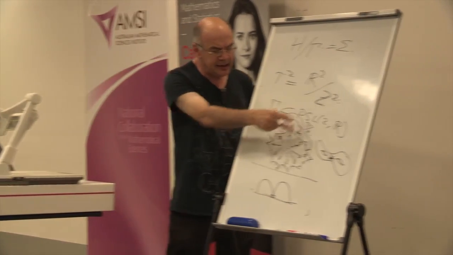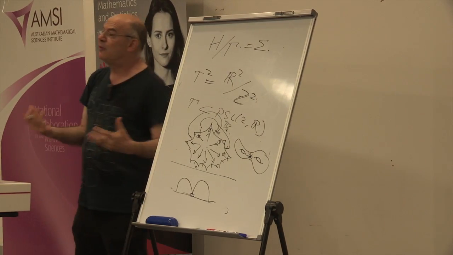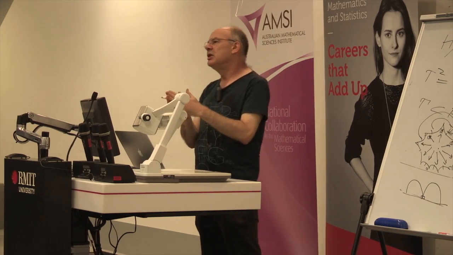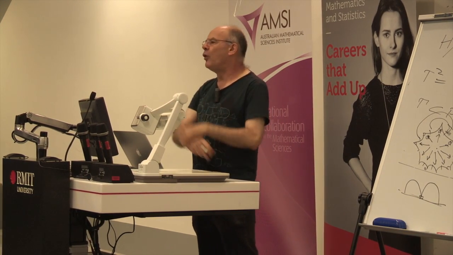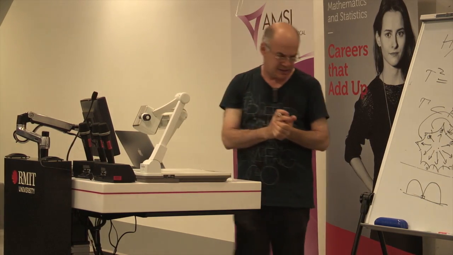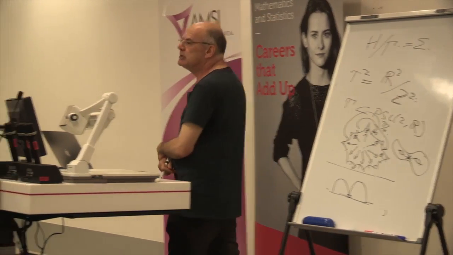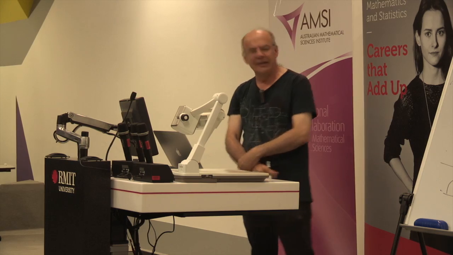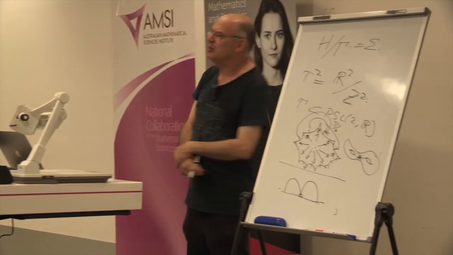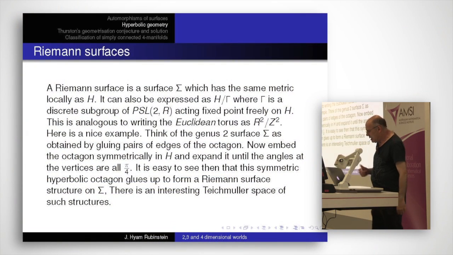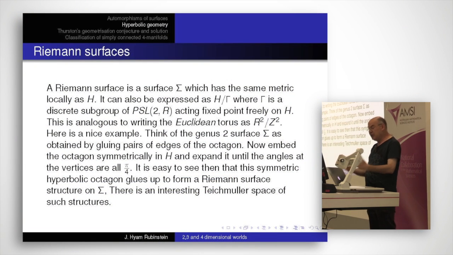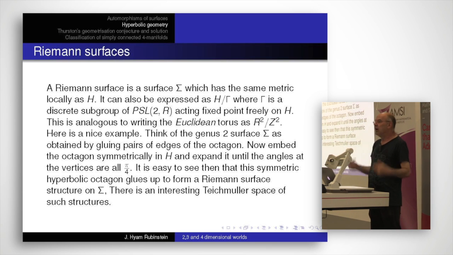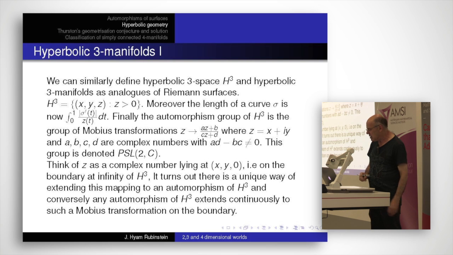And so the local geometry at this vertex will be the hyperbolic plane again. I've glued 8 pieces of the hyperbolic plane together to form a total hyperbolic plane around the vertex. So the local geometry everywhere is that of the hyperbolic plane, so this is a Riemann surface. This is a sort of hand-wavy proof that Riemann surfaces exist. There are lots of automorphisms, there are lots of Riemann surfaces, and this is called Teichmüller theory, the theory of these guys.